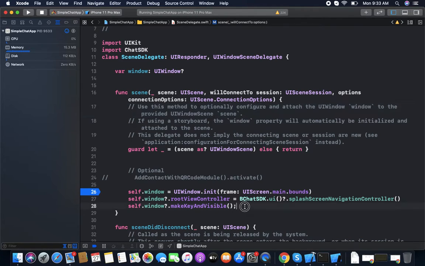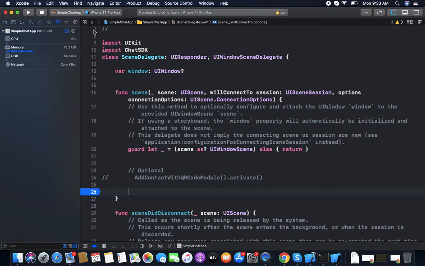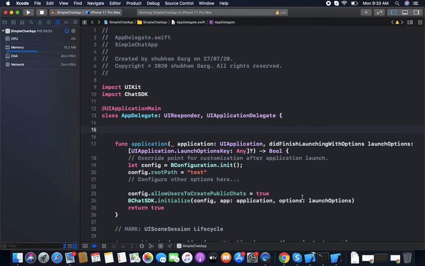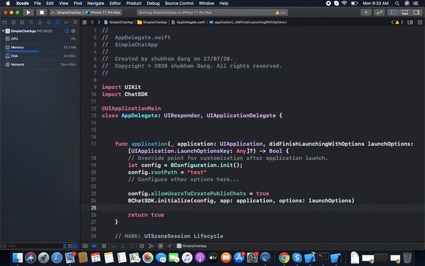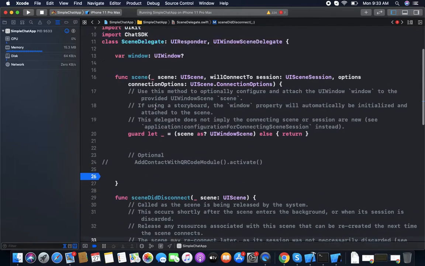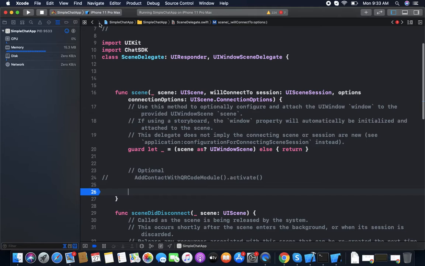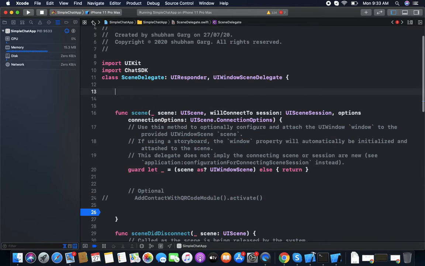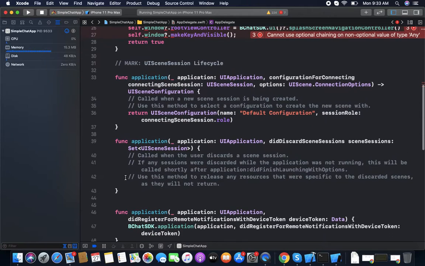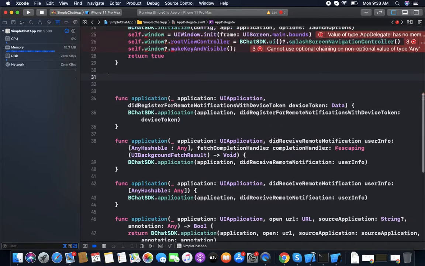The scene delegate will make these things complicated, so we are not using the scene delegate. We are just creating everything in the app delegate, so it's easy to use. For this, the app delegate needs a window object. We don't need these scene delegate functions.